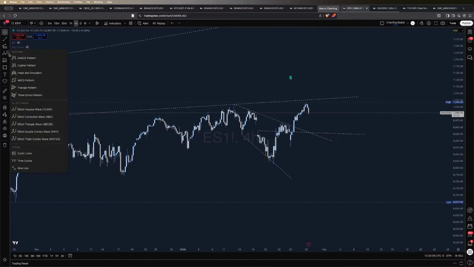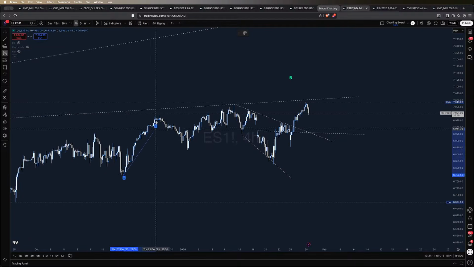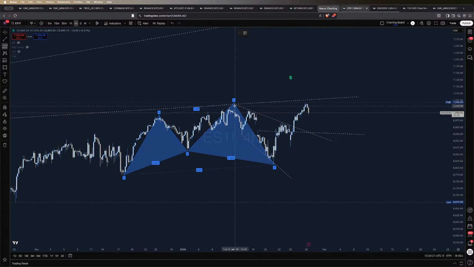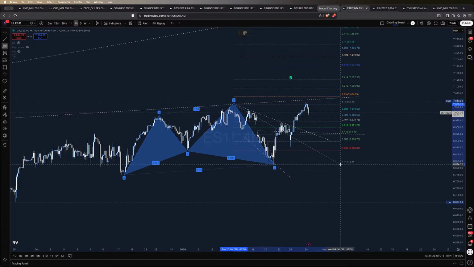Our most recent pattern, also presented in the room, was a shark pattern. This was our projection from these highs at 70,000 to a decline into 6,800. And a retest to where? To the previous high, to the lows at the 50% and the 0.618, that indeed created a decline.